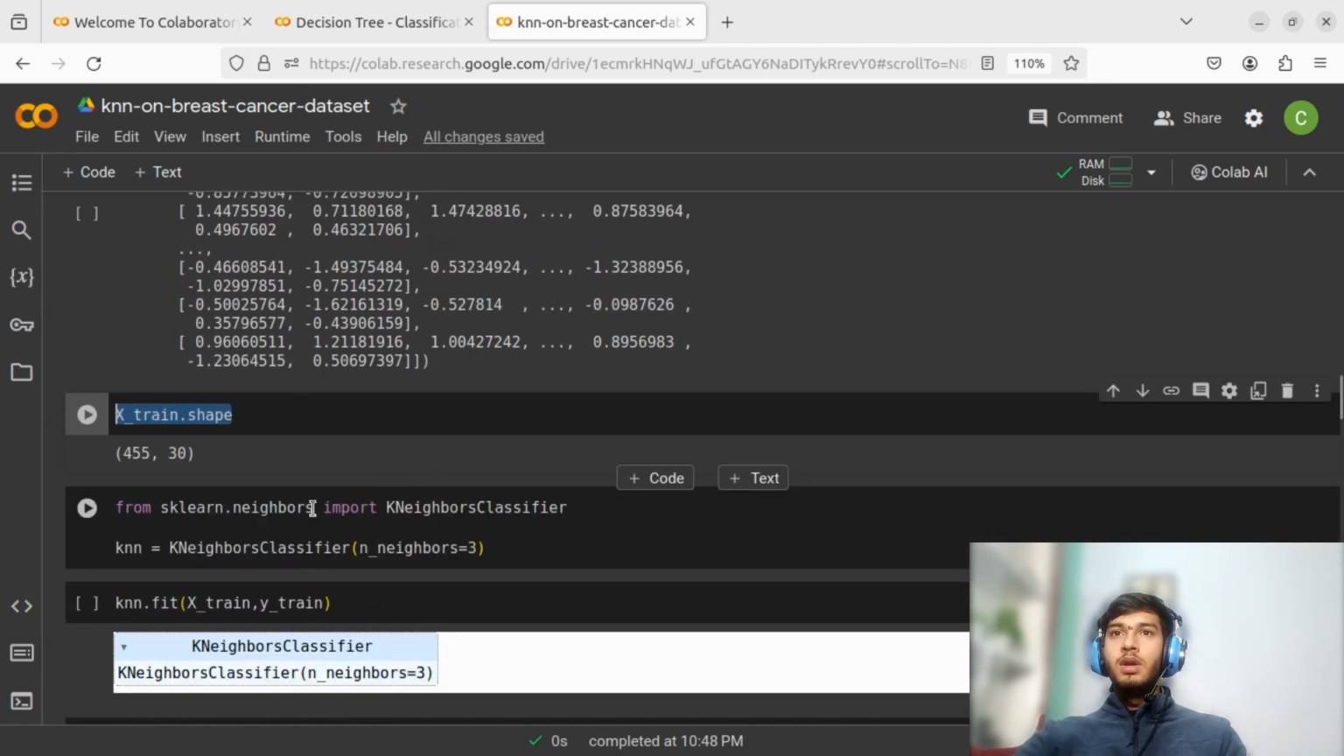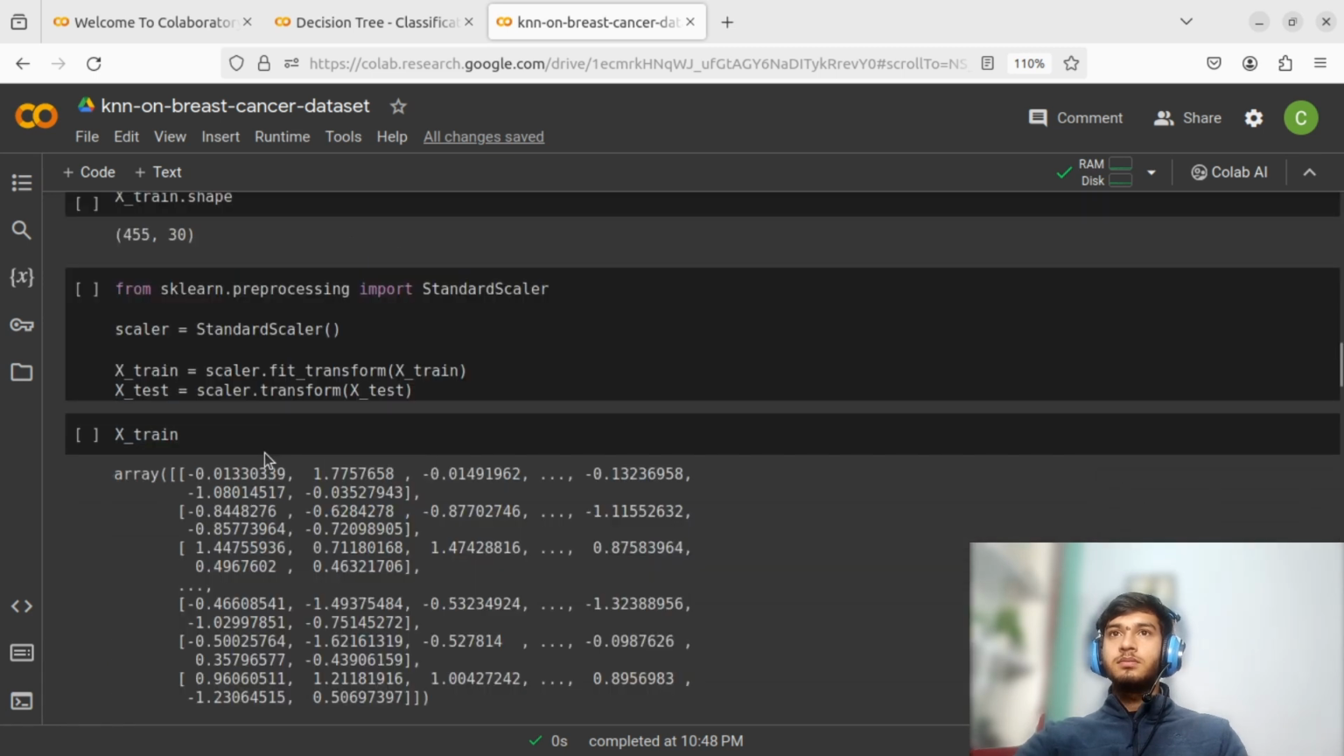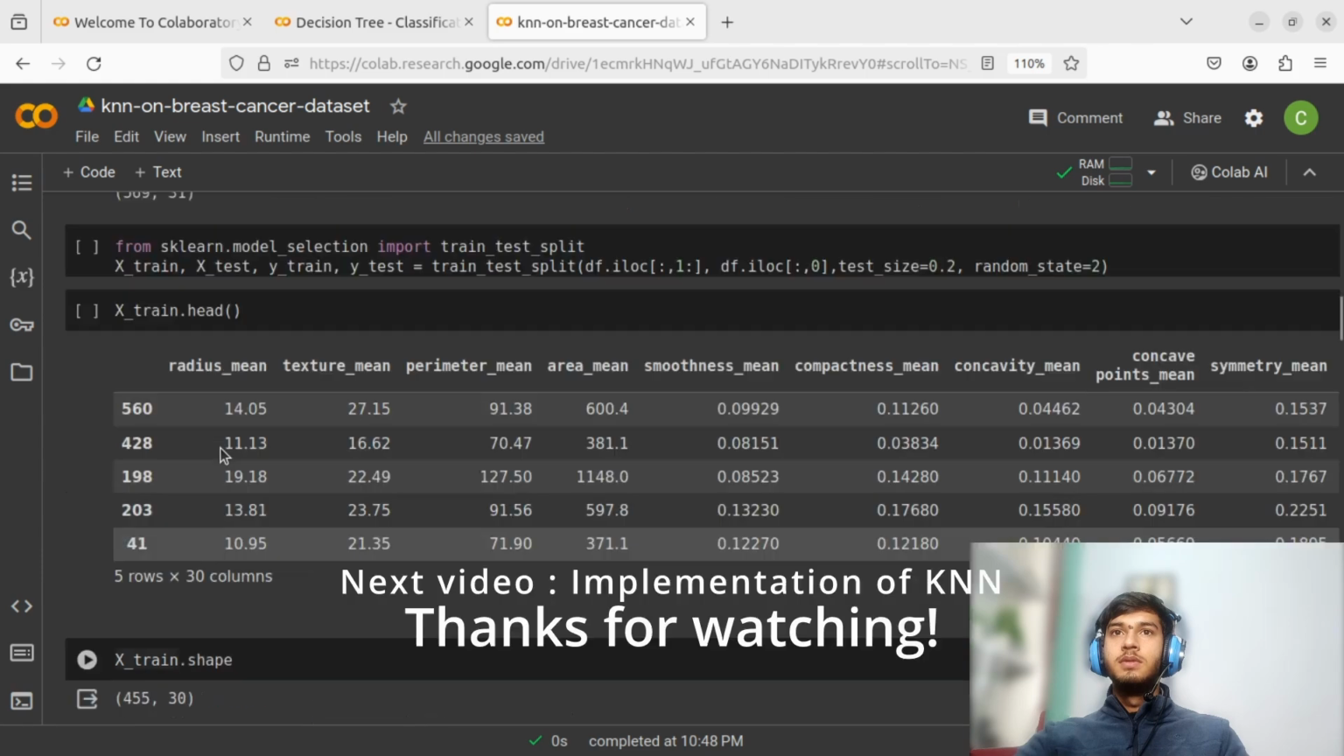Now here we are creating another model, the KNeighborsClassifier. It basically classifies between your values. If you will see the y_train,